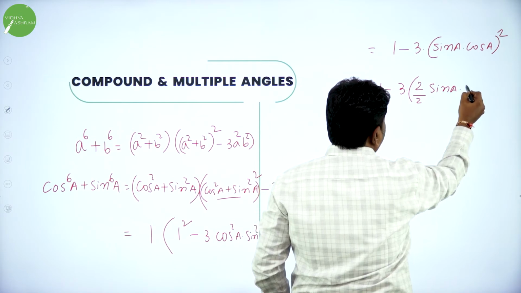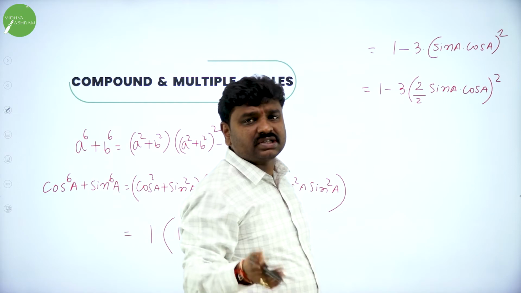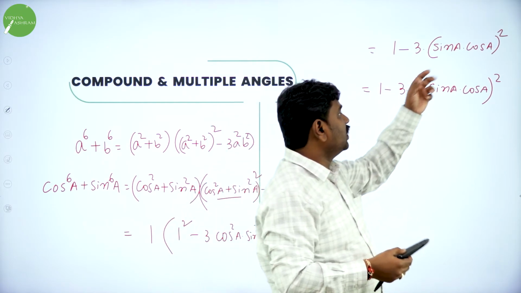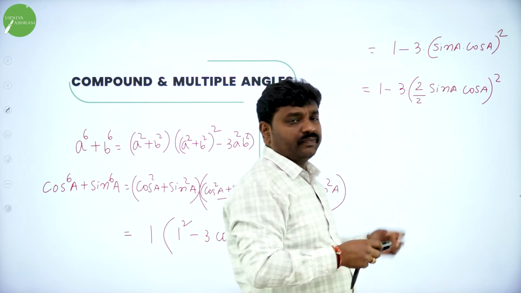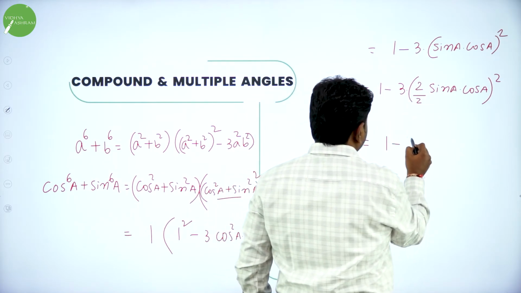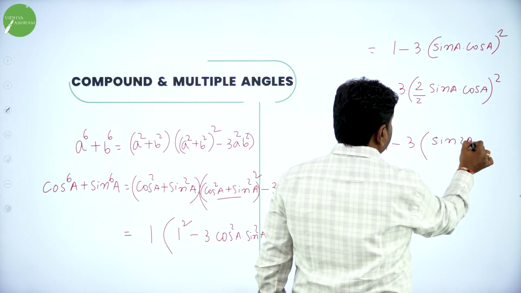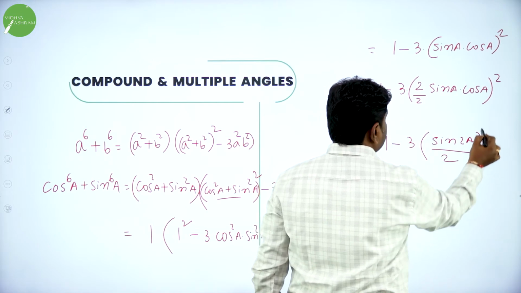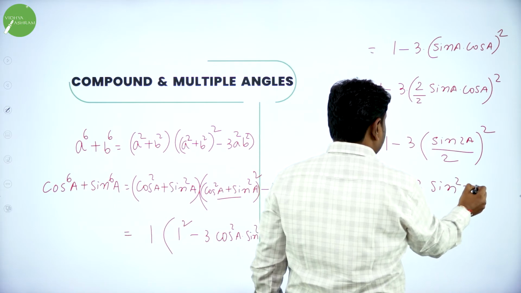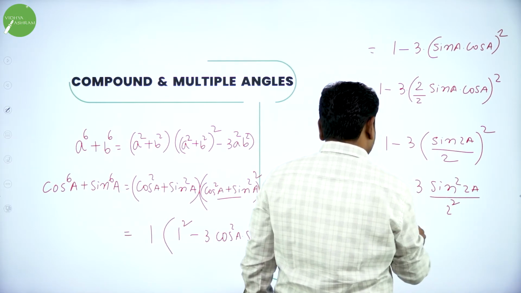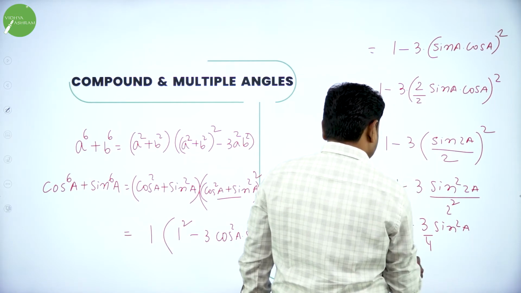Sin a cos a. This is a critical step because we saw the RHS, and we need to arrive at RHS. In order to arrive at RHS, we need sin 2a. We are near. Sin a cos a is there. If 2 is missing, divide and multiply by 2. So now further, 1 minus 3 times, numerator 2 sin a cos a can be written as sin 2a, divided by this 2 as it is, whole square. Now take square inside, so it will become 1 minus 3 sin square 2a divided by 2 square. That is 1 minus 3 sin square 2a divided by 2 square, which is 4. So this is your RHS.